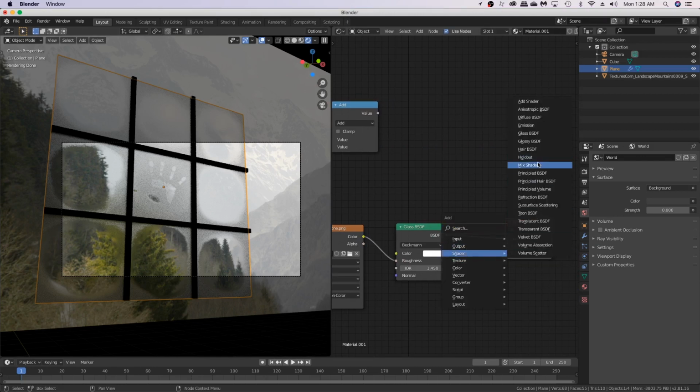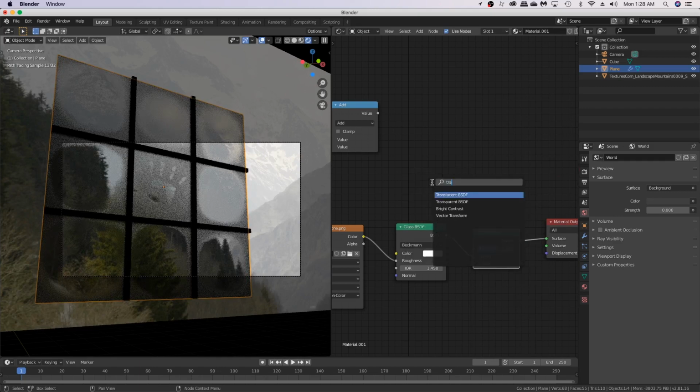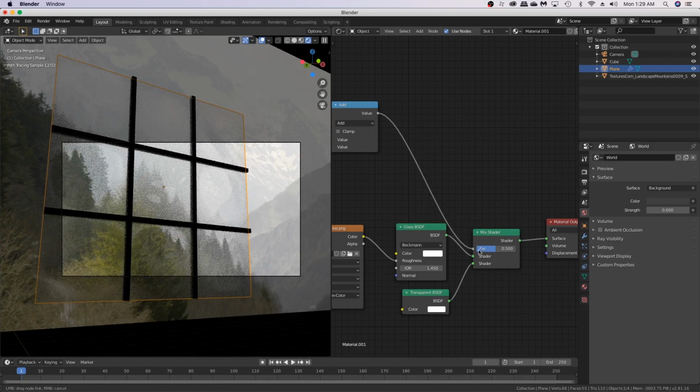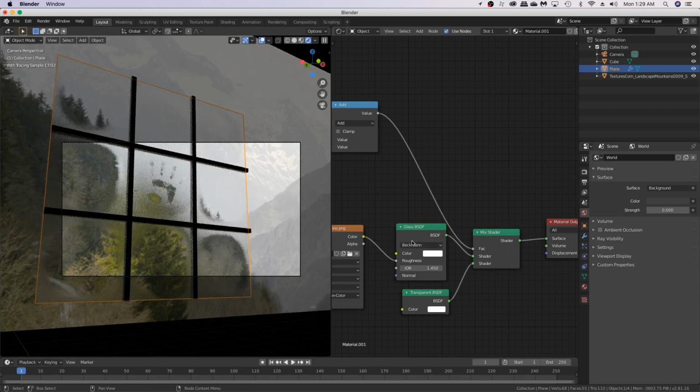Do a mix shader, transparent shader, and then drop that into the factor. And all that's doing is telling Blender for everything to look the same, but don't actually have the light calculating through the glass. I mean, I assume that's kind of how it works. That's what I figured. That was my understanding. I could be wrong, but